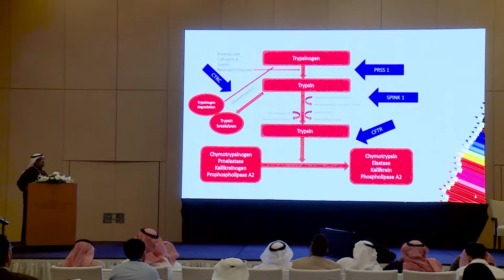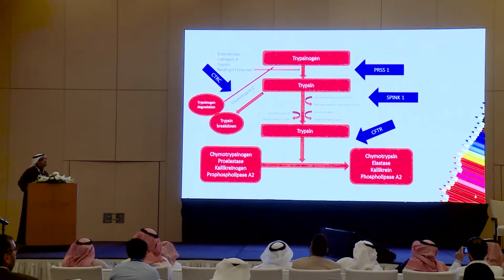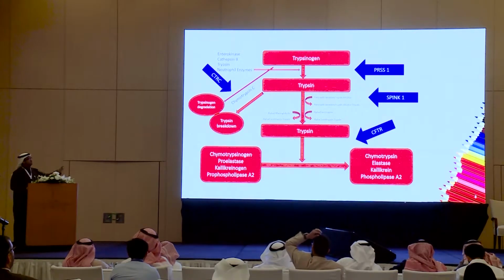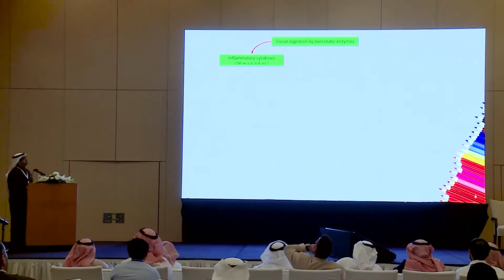The CFTR variant, if it is there, the secretion and the fluid going down to the duodenum will be very slow, and that will lead to blockage of the ducts and will lead to recurrent pancreatitis. So this is just brief regarding the hereditary causes of pancreatitis. We're going back to the